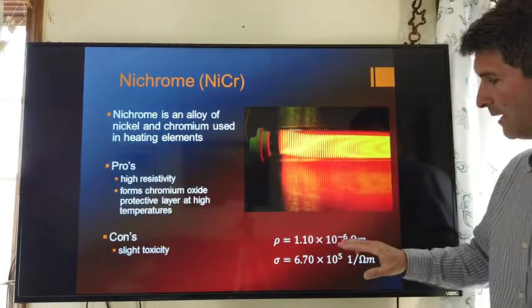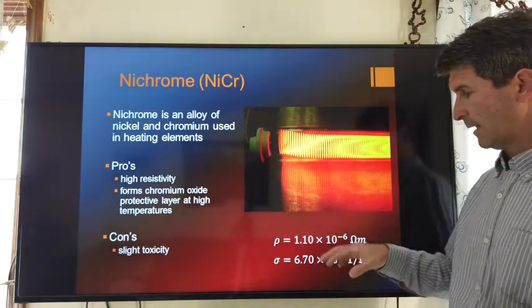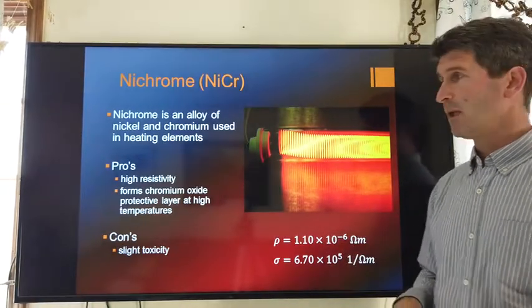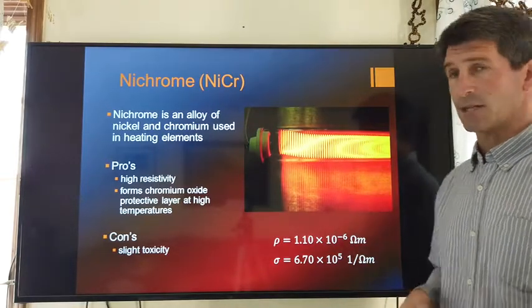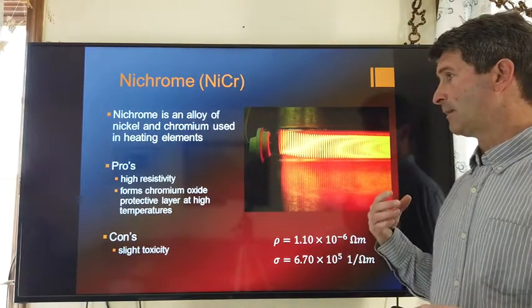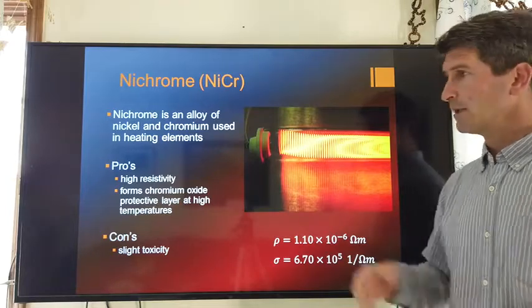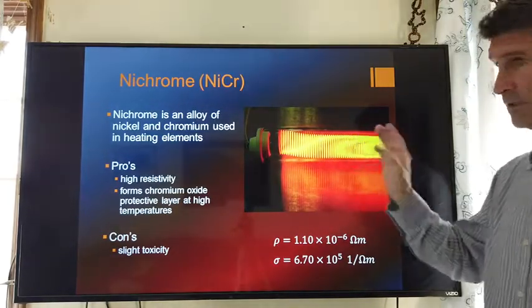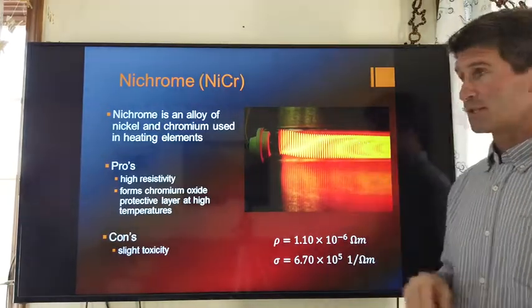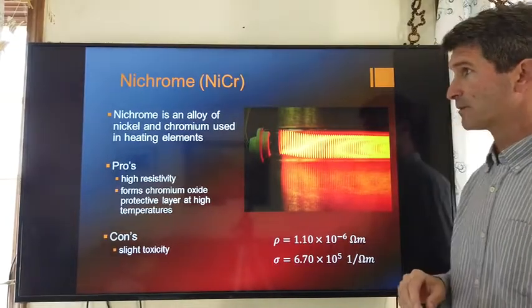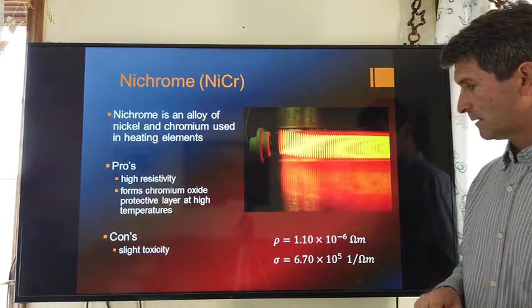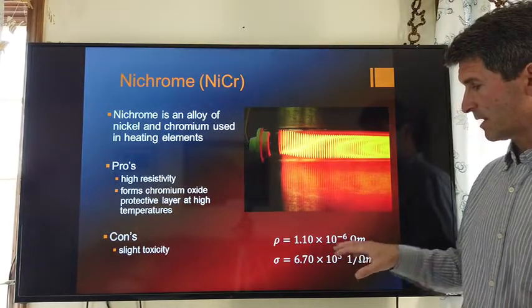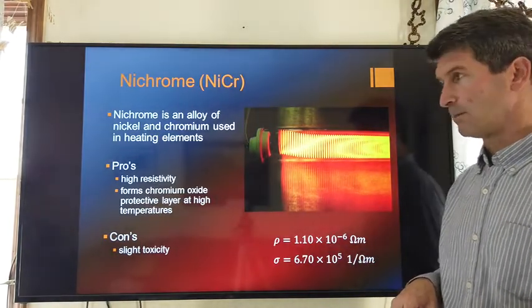All very high conductivity, low resistivity, and because of their low resistivity, we can send a lot of electricity through them without a lot of loss. The interesting thing is we actually are trying to lose the electrical energy when we're sending the electricity through nichrome, and it does have a higher resistivity than some of the others,